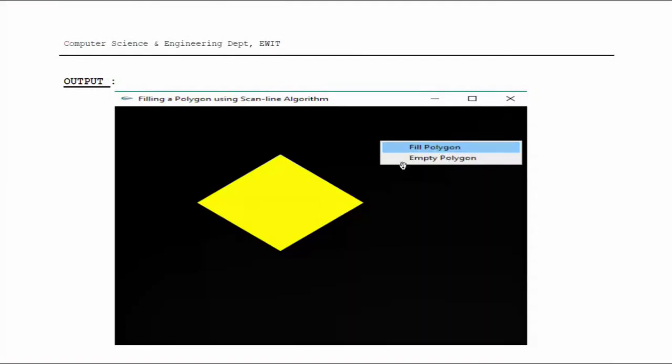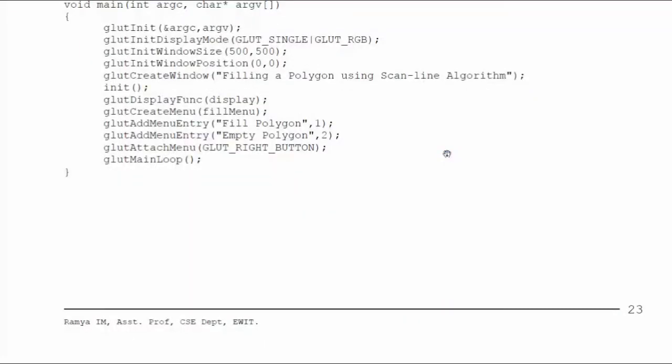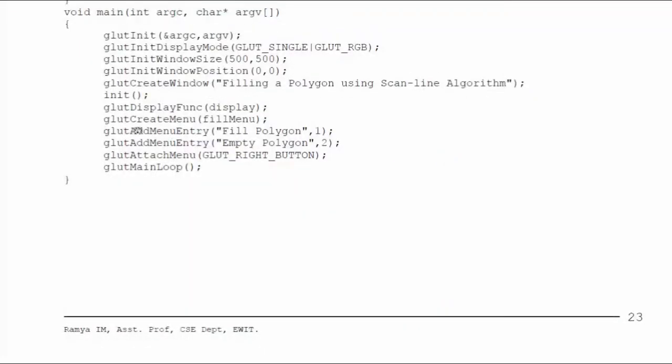Fill polygon as well as empty polygon. For that we are creating one menu, so that the menu has two entries. The first entry is to fill the polygon and the second entry is the empty polygon. In order to provide the two options, we are using this menu function over here.